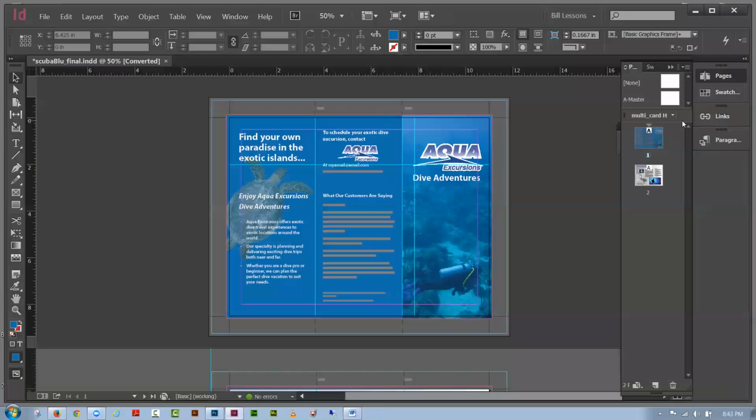The other way that you will produce this and send it to a printer is by packaging it. Packaging it is essentially creating a new document in a folder that has all the elements that go into this project. For instance, all the images get copied into the folder, all of the fonts get copied into the folder,